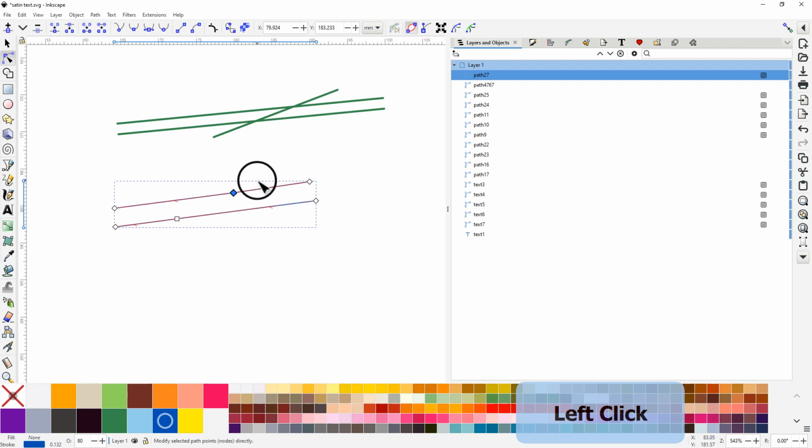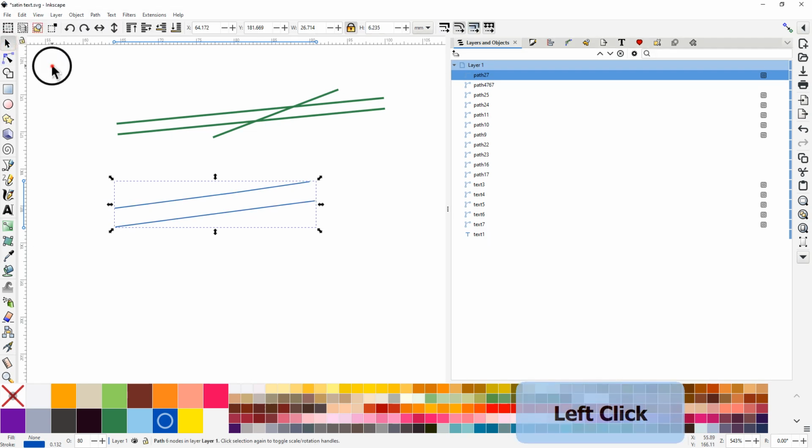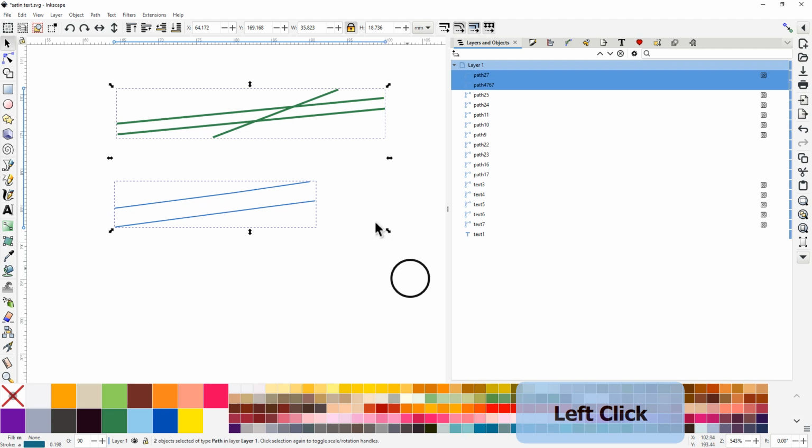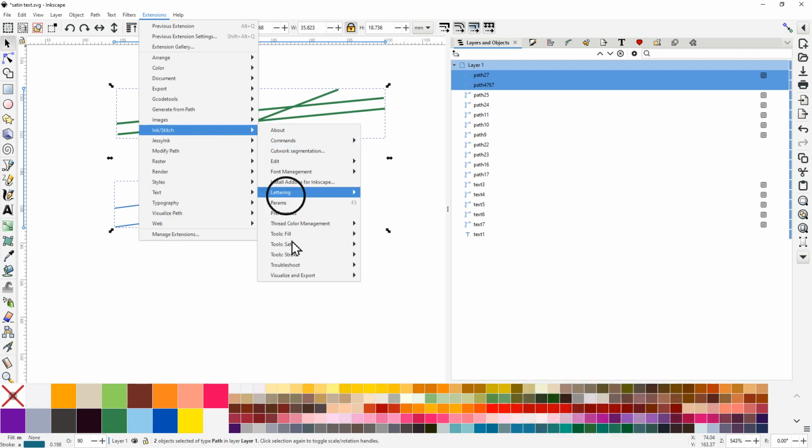And well, I'll talk to you about that in a moment yet. So now we will run both of them back in the simulator. Ink stitch, visualize simulator,